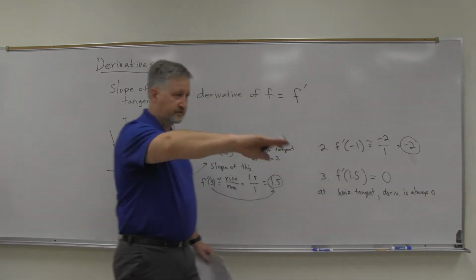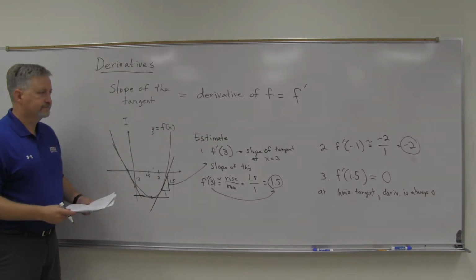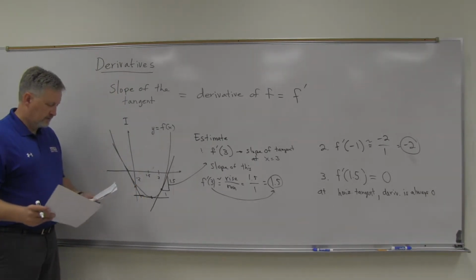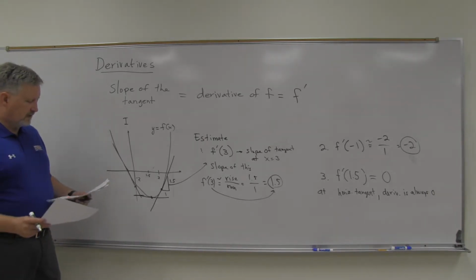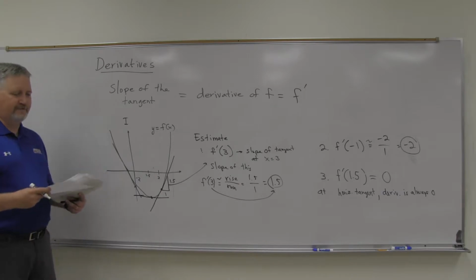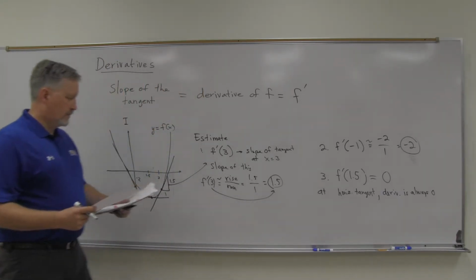Because there's no slope. Slope is 0, so derivative is 0. All right, with me on that? Now again, well, all right, we'll do that in a second. All right, number